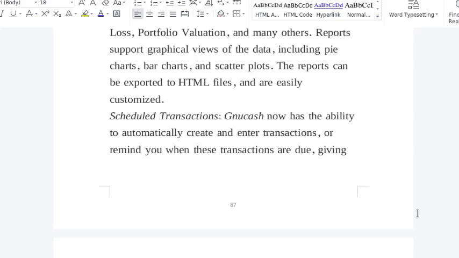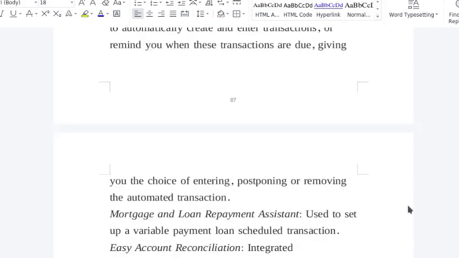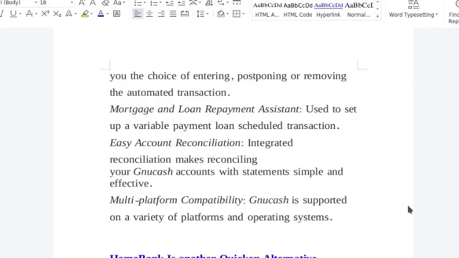Scheduled transactions. GNU Cash now has the ability to automatically create and enter transactions or remind you when these transactions are due, giving you the choice of entering, postponing or removing the automatic transaction. Mortgage and loan repayment assistant used to set up a variable payment loan schedule transaction. Easier account reconciliation,